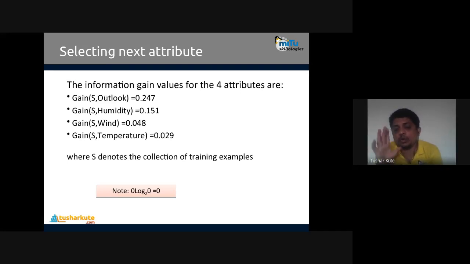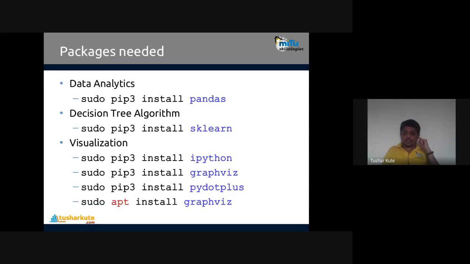Which has the highest information gain? Outlook, 0.247. Splitting will be done with the criterion of outlook because it has more information gain. That's why the splitting is done perfectly. So using the formulas of entropy calculation and information gain, we decide which feature to split upon. If a feature has more information gain, it is used to split the tree, and we go on building the actual tree with this particular example.